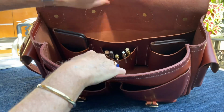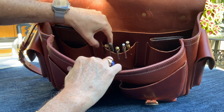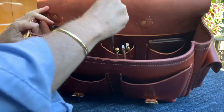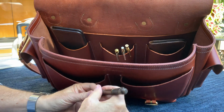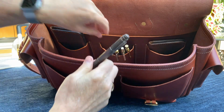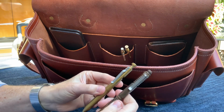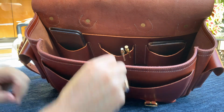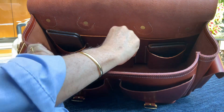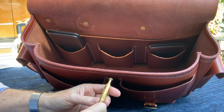The middle one, I've got some pens in it, and being in the healthcare field for as long as I have, I always use copper or brass pens. So if you're in sales and you're going to write out a sales order and then hand the pen to the customer, make sure it's copper or brass, because viruses and bacteria really can't live very long on copper and brass surfaces. So you're going to stay healthier that way, and you're also not going to transmit any viruses to your client, which I'm sure they will appreciate a few days after you leave the office and they don't come